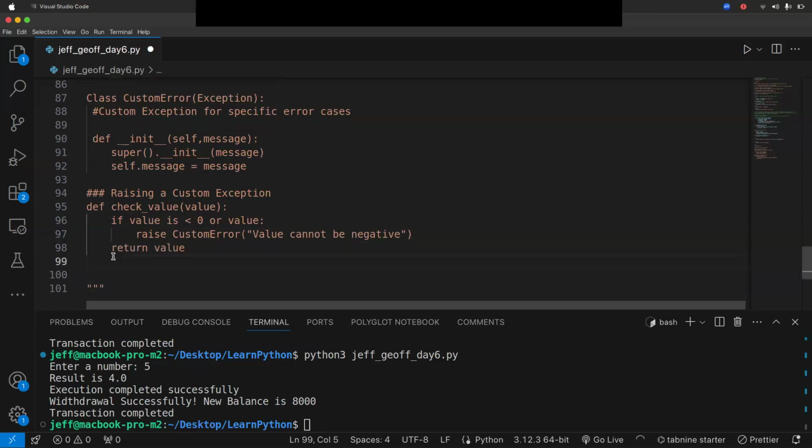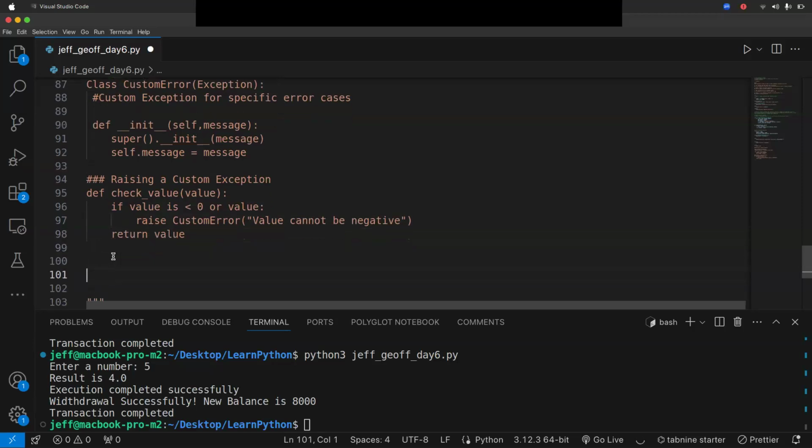Then you can now use the try. Now you can handle the exception with try, except, and then else if you need, then finally.